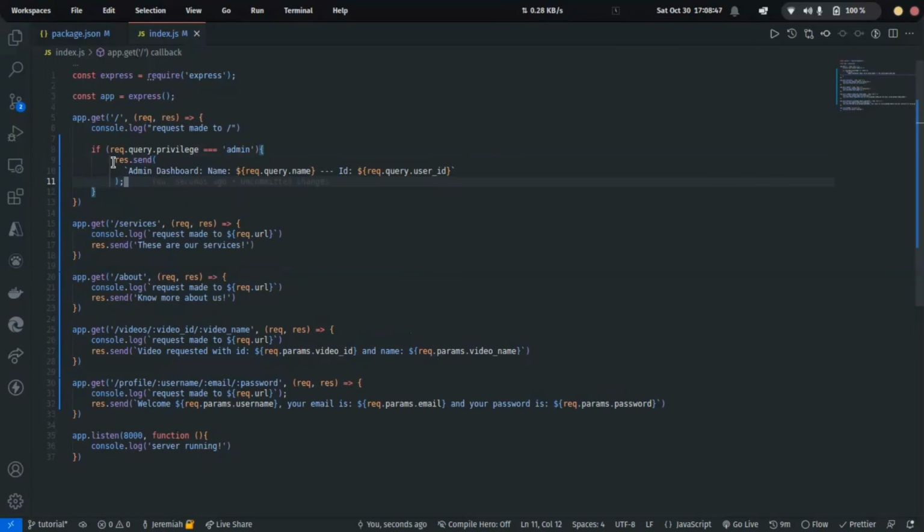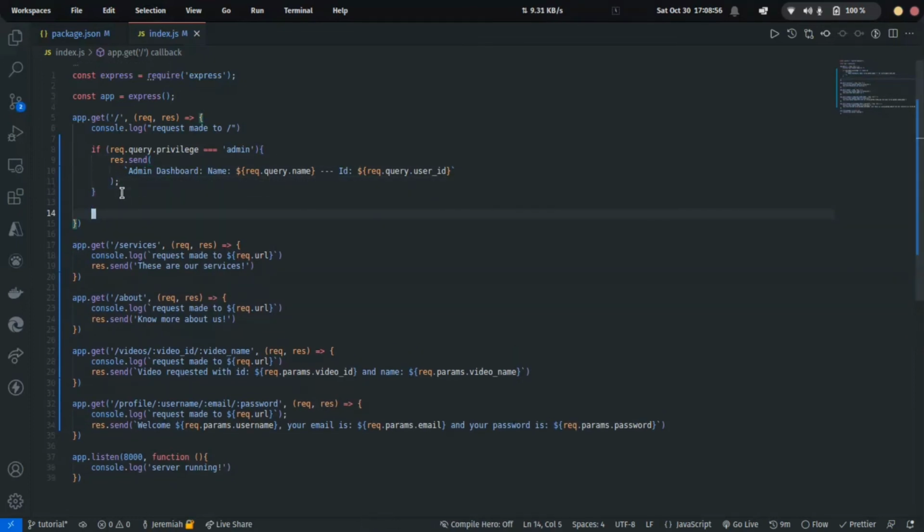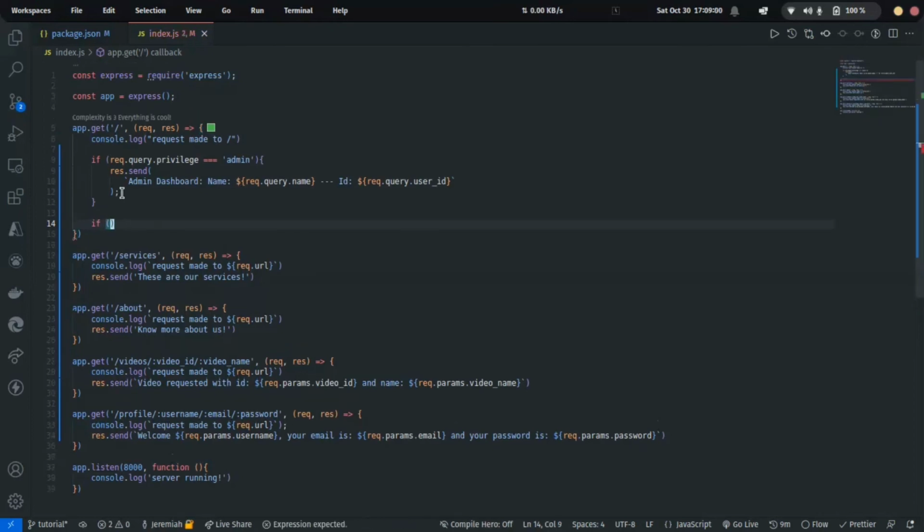There's something we actually need to do, but I'm not going to do it right now. I just want you to see the implication. So I'm not going to use a one-line statement here. I'm just going to check again if the request query dot privilege is equal to user,